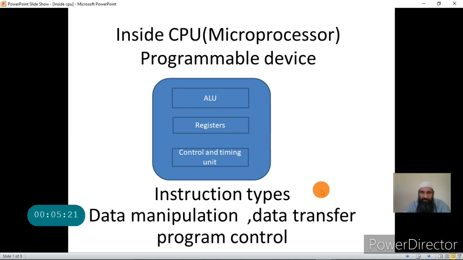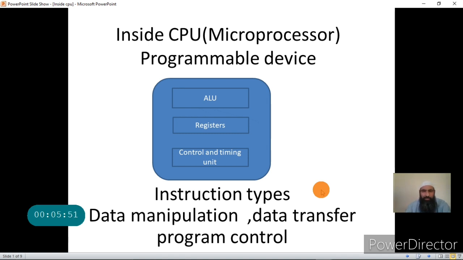Once again I will name them: data manipulation instructions, data transfer instructions, and program control instructions. These instructions are available in the instruction set of the processor, and that instruction set is designed by the designer of the particular processor.